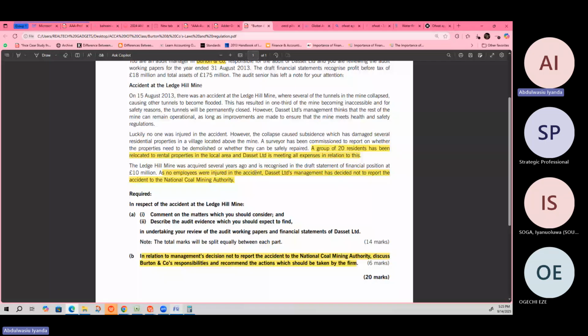Those are some of the things that I can ask the management to do. Or maybe I can even seek legal advice on how certain things occurred in my client's plant. And they are saying that, but what if the regulator later becomes aware? What is going to be the impact? So that's why, as an accountant or even as an auditor, there are some things that you can't give answers to, to be honest.